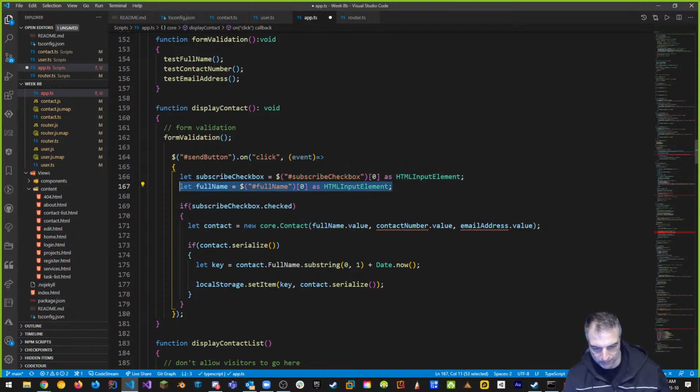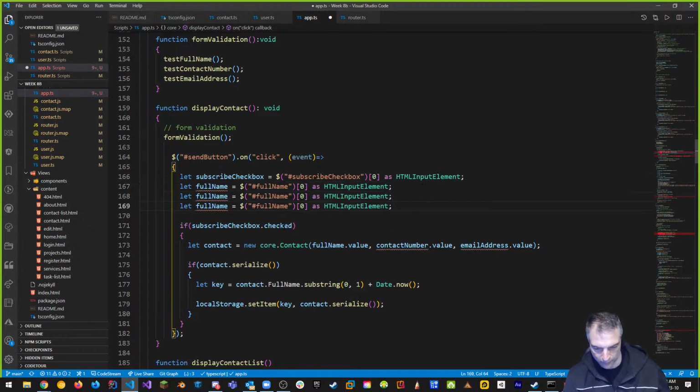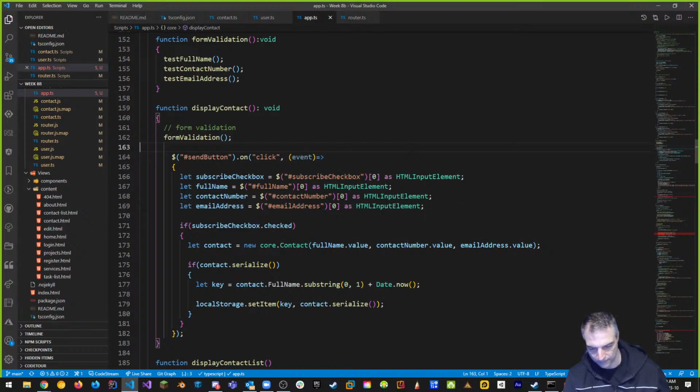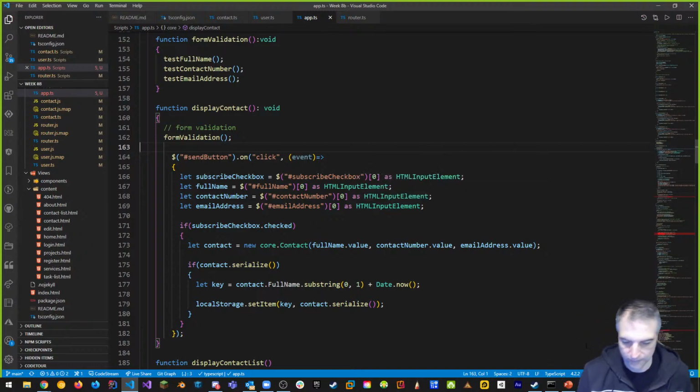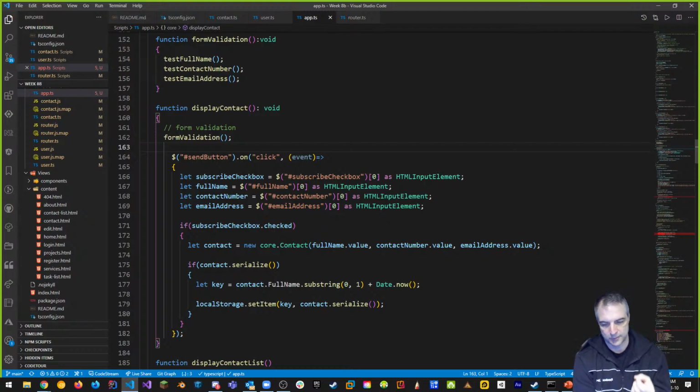Let's do a copy paste here a couple times. So this would be contact number, and this would be email address, and this would be contact number, and this would be email address. And that solves this issue. And you're like, wait, we didn't have an issue before. How is it we have an issue now? It's not that you have an issue. It's that you have a potential problem with your code. And what this is doing for you is basically saying, hey, here's a warning. You have a problem with your code potentially. If I pass this to somebody else, it may fail.